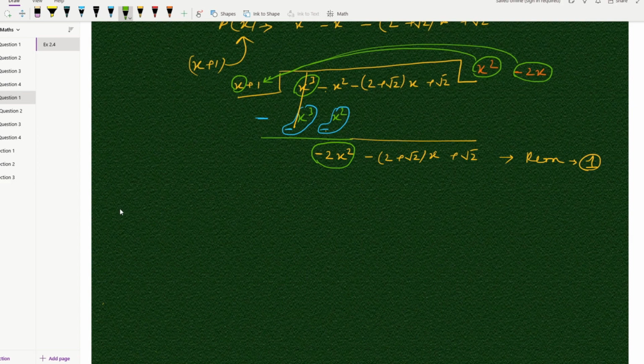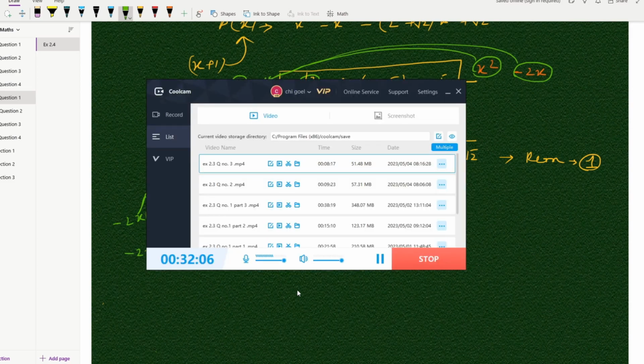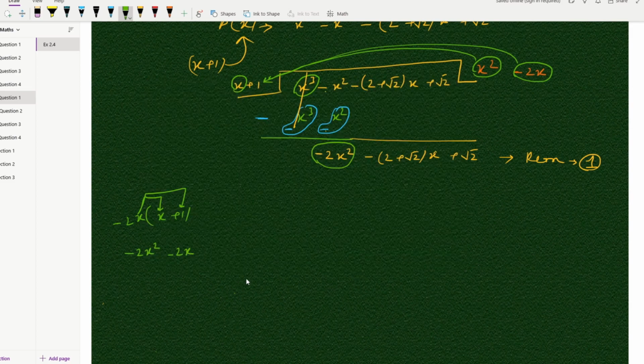So minus 2x into x plus 1, it will be minus 2x square, and minus 2x into 1 will be minus 2x. So basically here it comes out to be minus 2x square and minus 2x, तो इनको हम यहाँ पर रख देंगे -2x² एंड -2 ऑफ x।